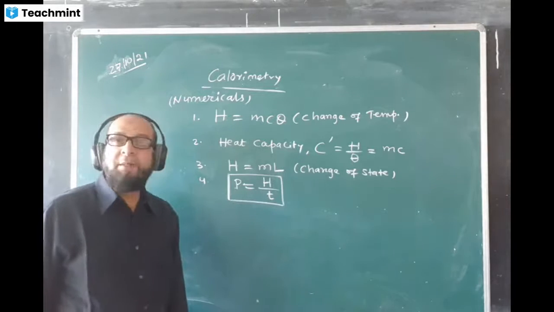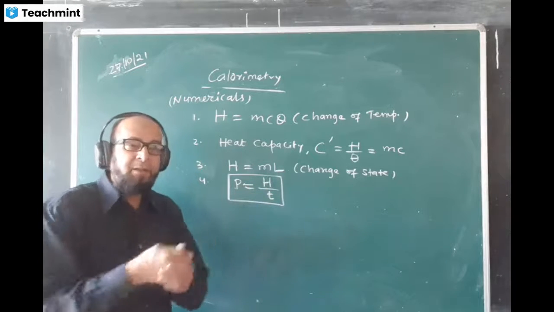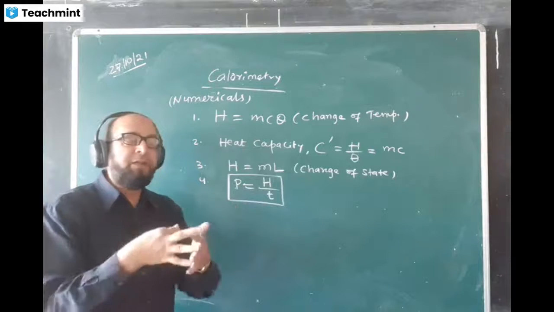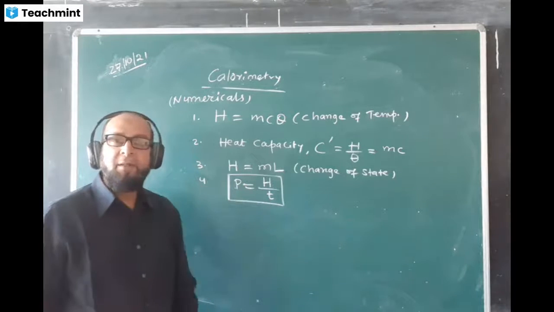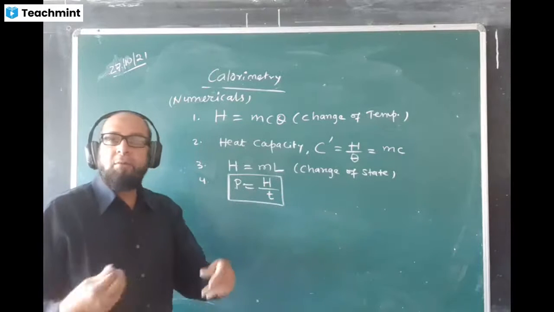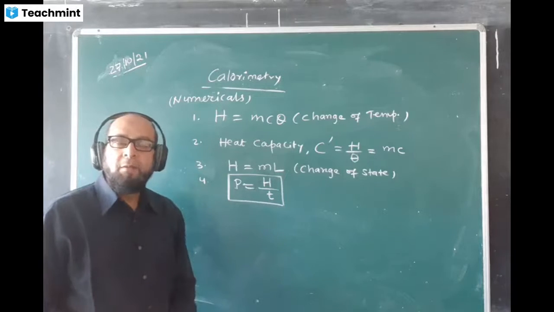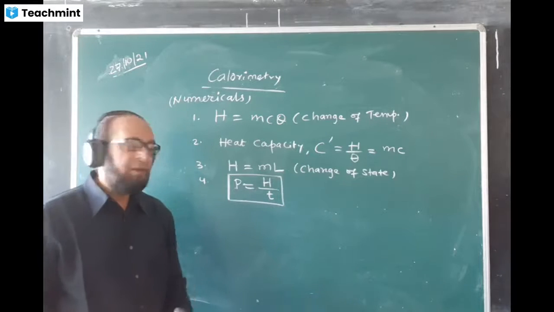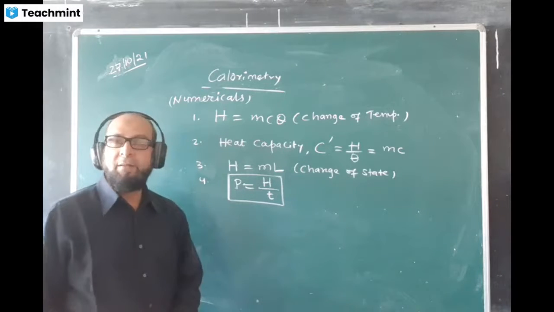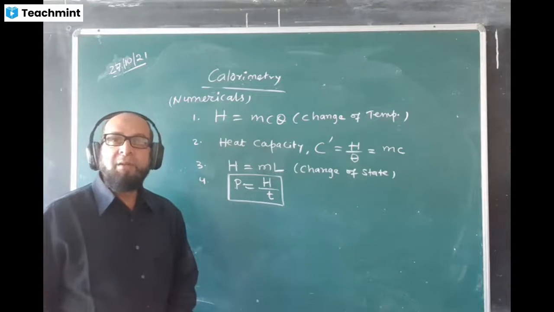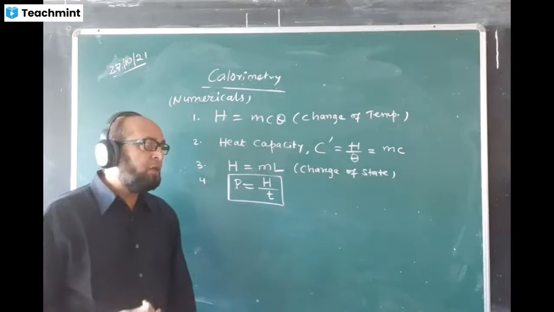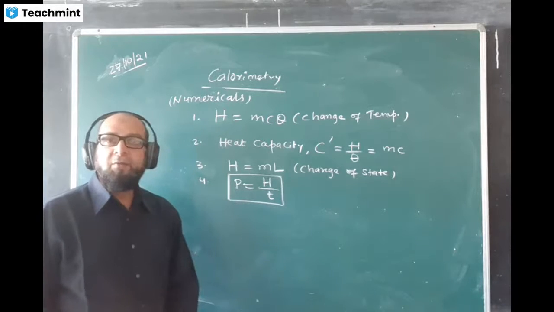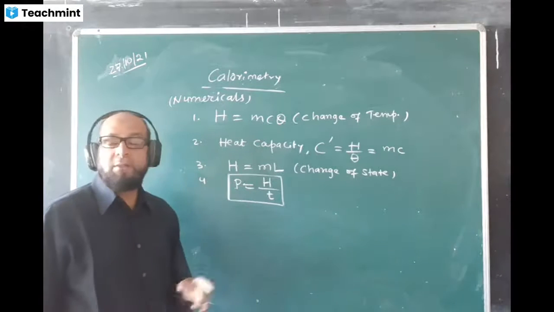And the principle of calorimetry is used when you are mixing two things, like hot water and cold water, or maybe you are putting ice in contact with water. At that time the principle of calorimetry will be used: heat loss will be equal to heat gain. We'll make an equation and find the unknowns. Whatever unknown is there, they will be asking that in the question, and we'll find that. So these are the types of problems in this chapter.